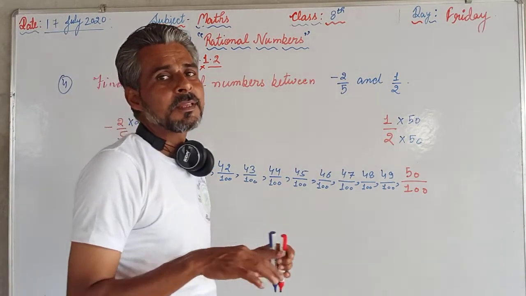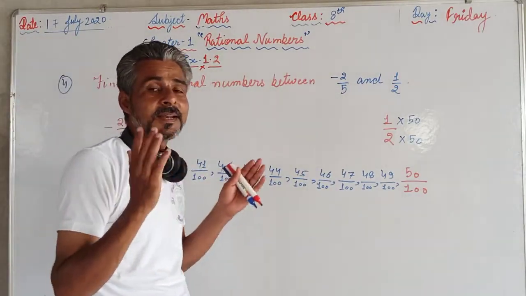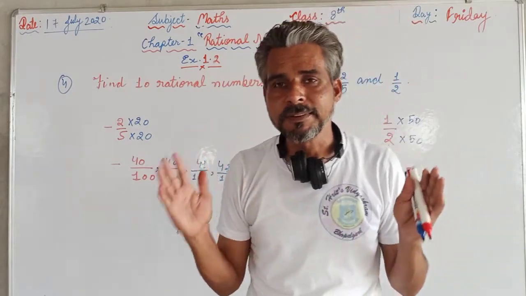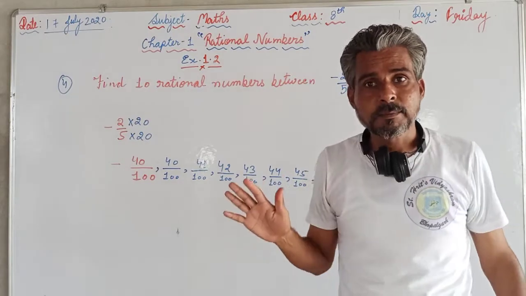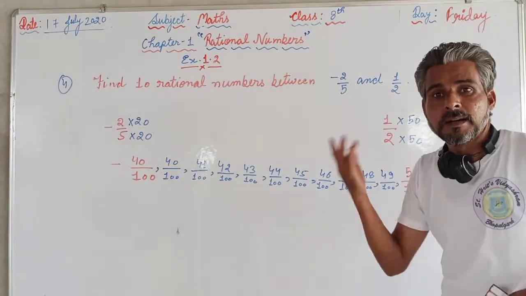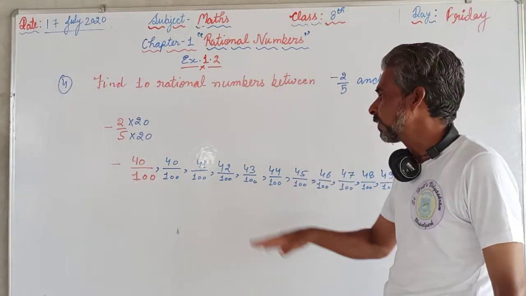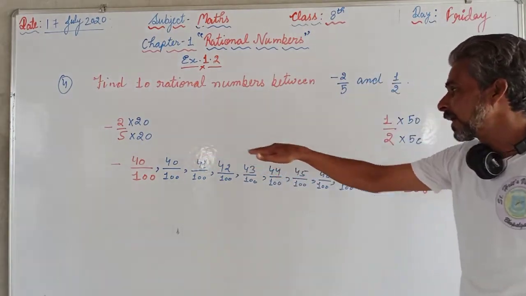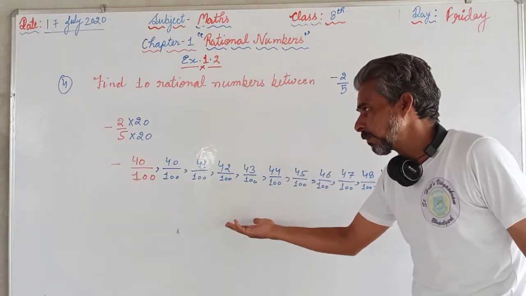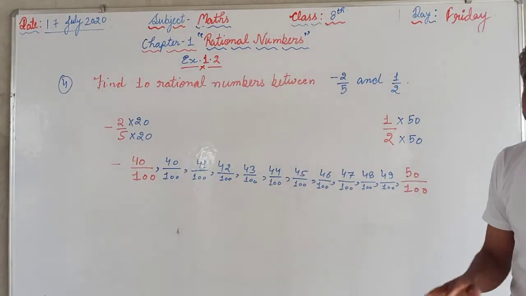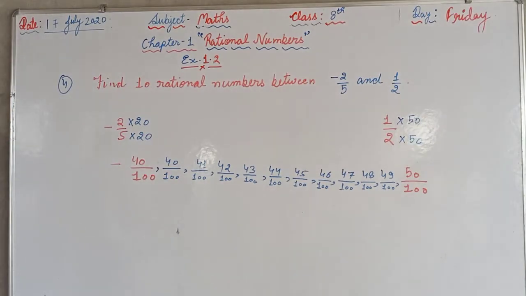So there can be many answers to this question, because as we know there are infinite numbers of rational numbers between any two given rational numbers. Between two rational numbers there can be infinite, countless numbers. So our answer can be different. Different students use different methods. So I give you two examples. In one we find the negative rational numbers between these two numbers, and in the other we find the positive rational numbers between these two rational numbers. So like this we are supposed to proceed.